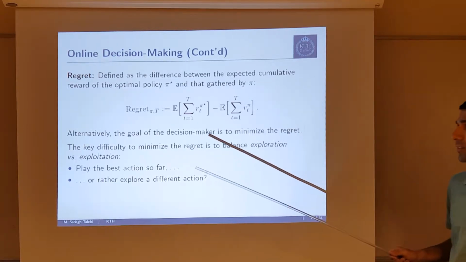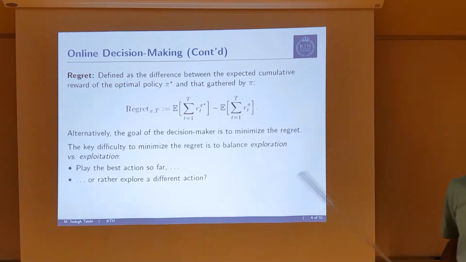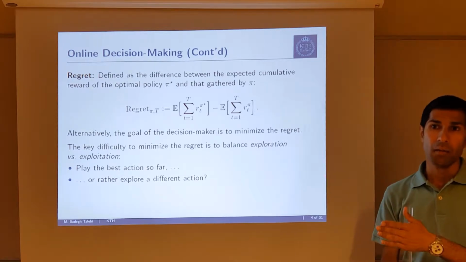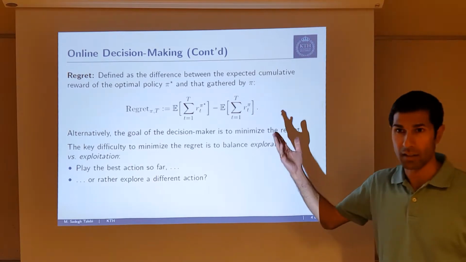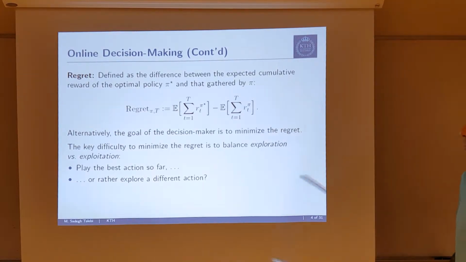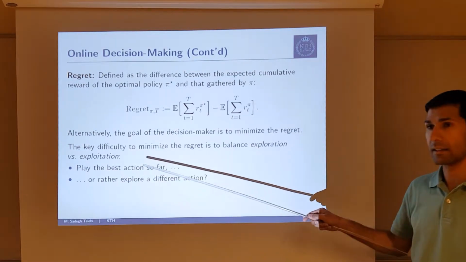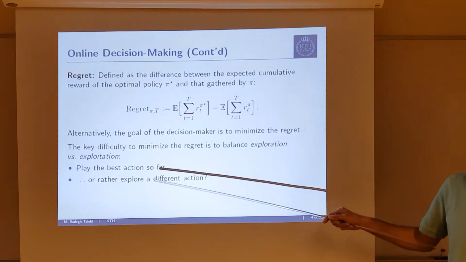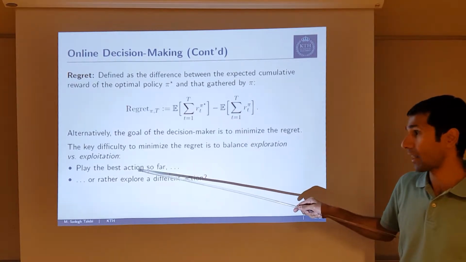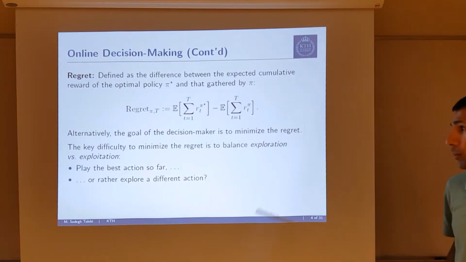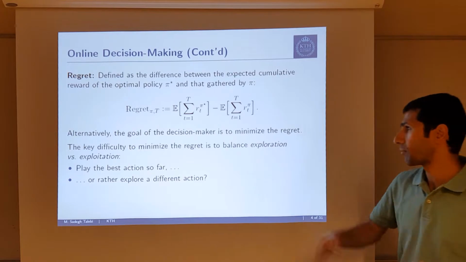And to do so, you as a decision maker have to hold some trade-off or balance exploration versus exploitation. Basically, at each time step, you have made some observations so far, but you have not explored the environment perfectly, and this is the case when t is finite, right? Basically, your algorithm has the choice of either playing the best action empirically so far, which is to act consistently based on the gathered history, or to explore another action which is maybe not tried often. So this is the famous